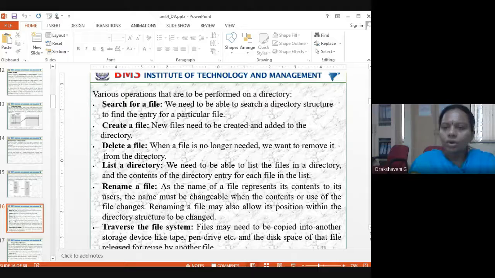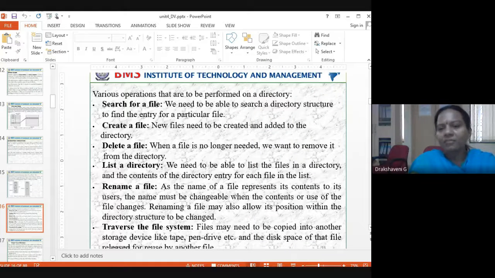So now you have stored operating system module 3. When you are keeping module 3 and you want to search, open or read it for your exam, how do you search? You may remember the file names, or you may not remember, but at least you can search. So that's what we are doing in a search for a file.